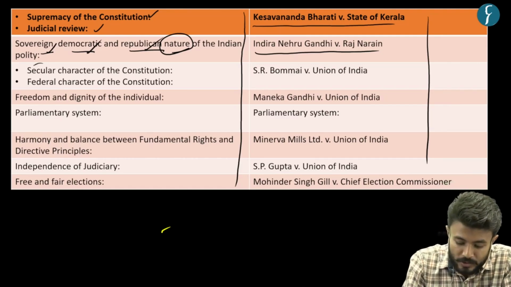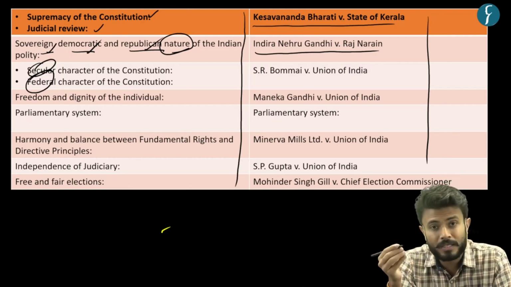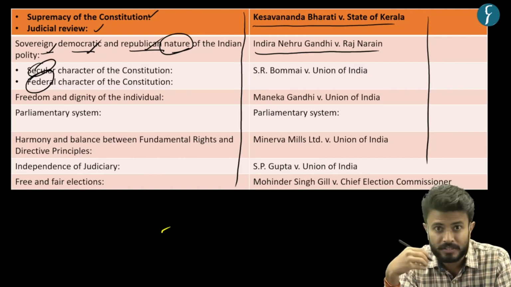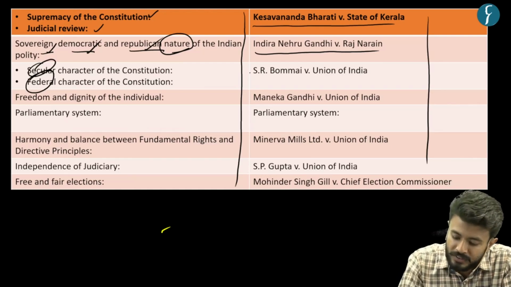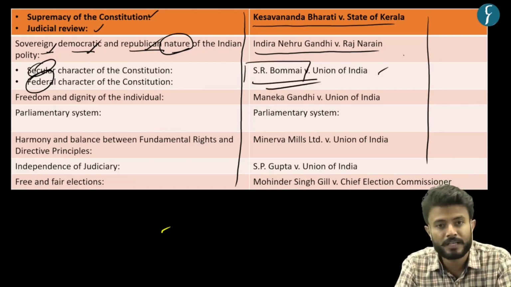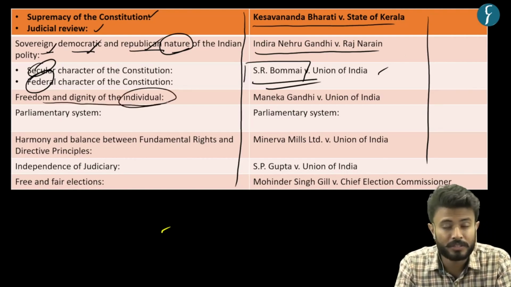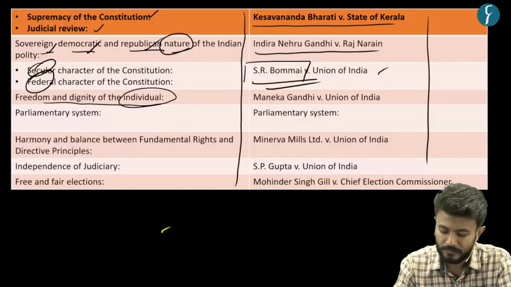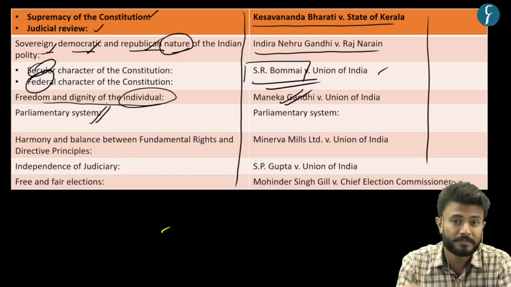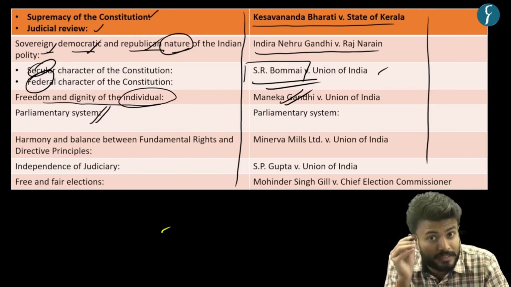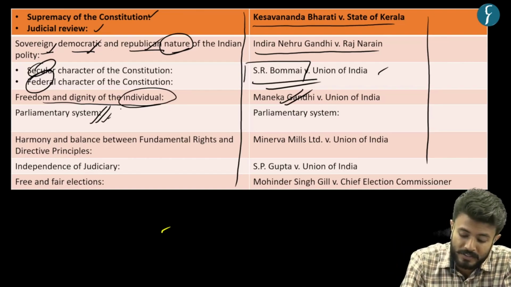Next is the secular character as well as the federal character of the constitution. So the parliament cannot make any law which goes against the federal principles, against the secular principles. Important case is SR Bommai versus Union of India, right? Then there is the freedom and dignity of the individual. This is also basic structure, right? So the important case is Maneka Gandhi. Parliamentary system, the parliamentary form of government, is a basic structure, right? So you cannot go for the presidential form of government. Parliamentary form of government is a basic structure,